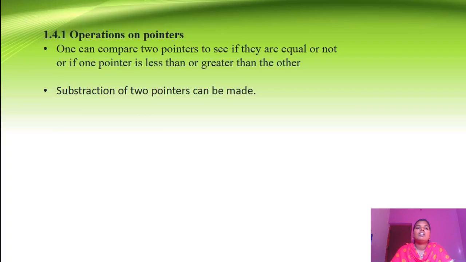Next, let us see the operations on pointers. As we have learned how pointer operations can be carried out, we can use pointer addition and pointer subtraction, and pointer increment and decrement are allowed on pointers. And along with that,